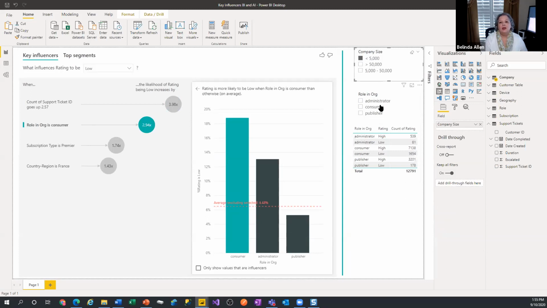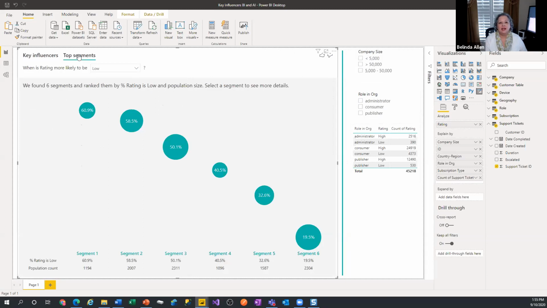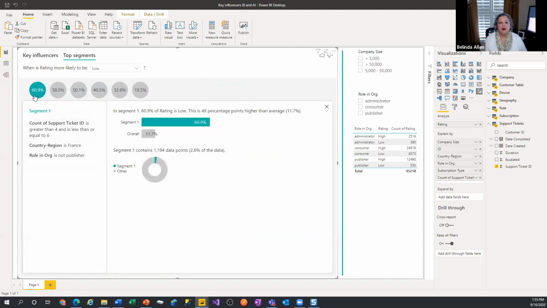Okay, so you can do all kinds of really cool evaluations, and it's kind of guiding you and telling you exactly what it is you want to see. I'm going to come into top segments here, and I could see the top different things that are rating things. So if I click here on this 60.09% rating, in this one,